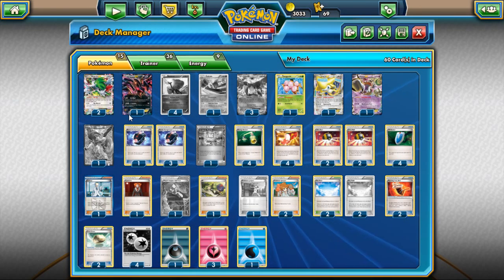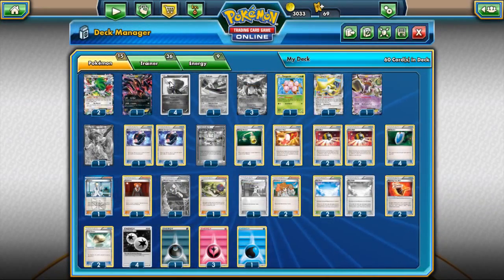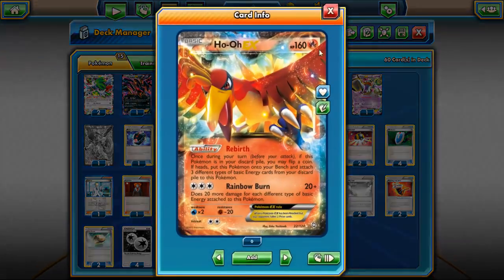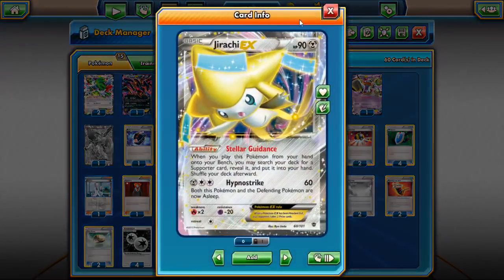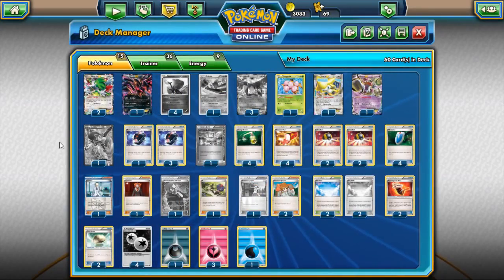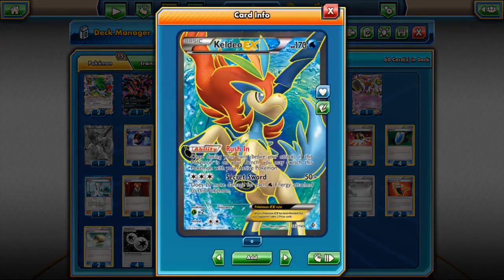I'm just going to go over the list. I'm not going to cover it in detail. I'll let Chris do all the talking in the interview. But we'll go over it real quick right now. He runs 2 Shaymin-EX, 1 Yveltal-EX, 4 Xerneas, 1 Gallade, 3 Ho-Oh-EX with the ability Rebirth, 1 Exeggcute with the ability Propagation, 1 Stellar Guidance Jirachi, 1 Hoopa with the setup ability for the EX Pokemon Scoundrel Ring, and 1